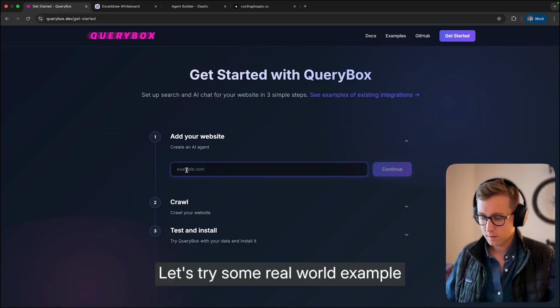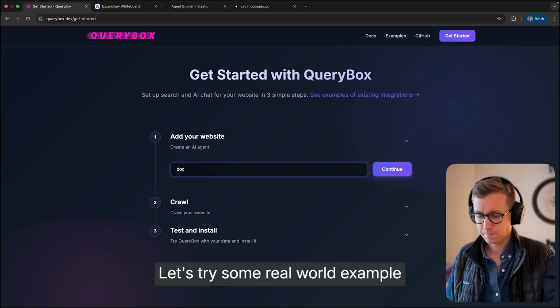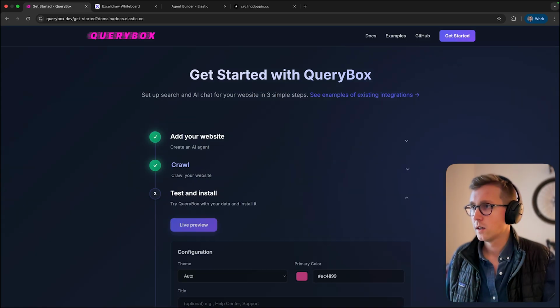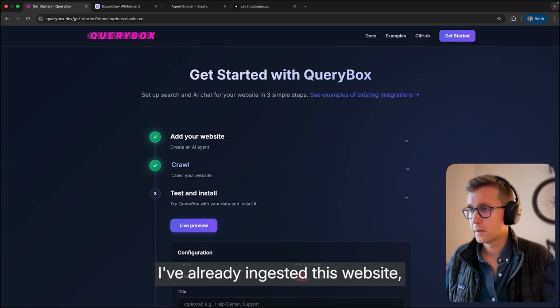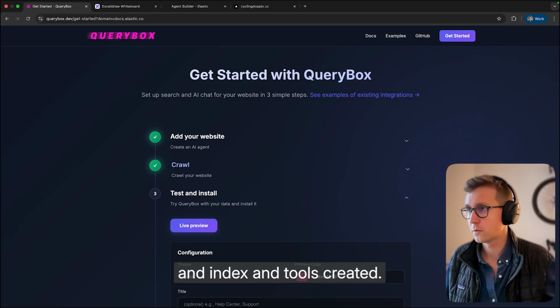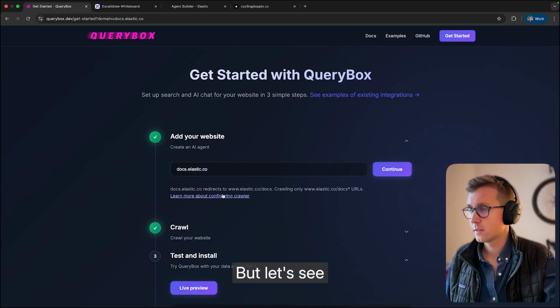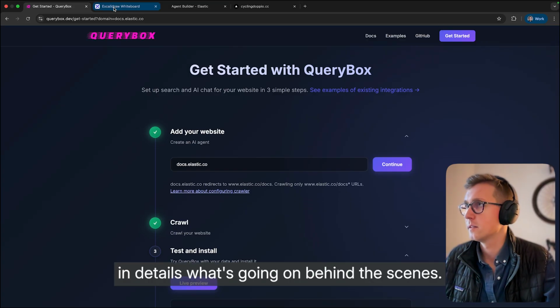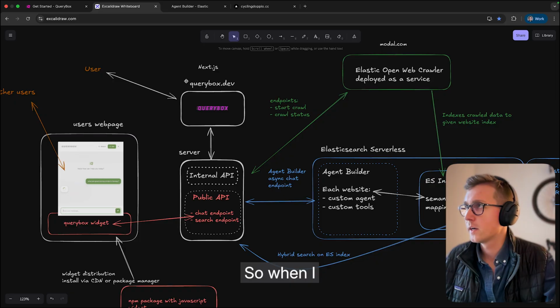a domain. Let's try some real-world example and point it to the Elastic documentation. So I've already ingested this website, and I already have the agent and index and tools created. But let's see in details what's going on behind the scenes. So when I